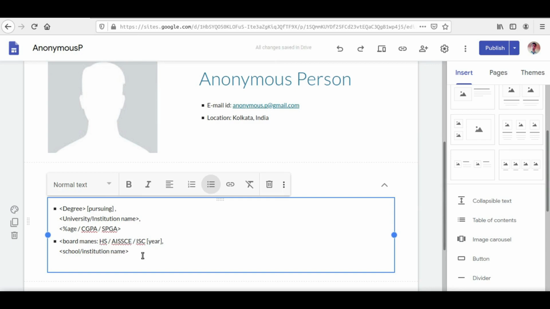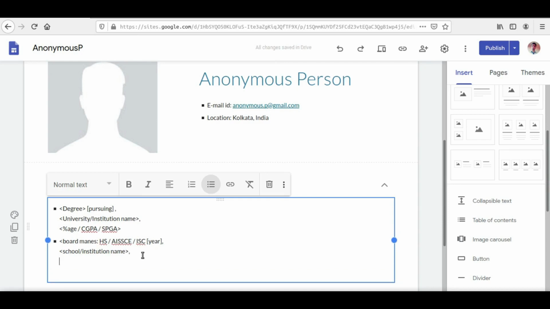So once we are done with this, again we will come to the next line, and let's say it was my higher secondary exams, what percentage of marks did I get, that we are supposed to type in, or what CGPA did I have, fine. So again, that is as applicable, we'll put the values in, fine. So this is how the whole structure looks for our CVs, fine. So even if it is a college degree, we'll write it like this. If it is a school degree, we'll write it like this, right?